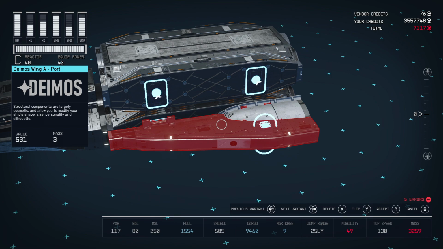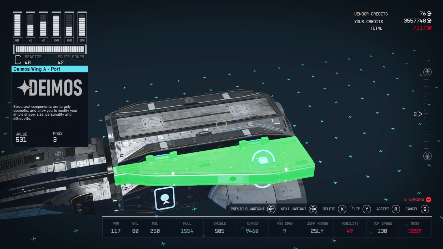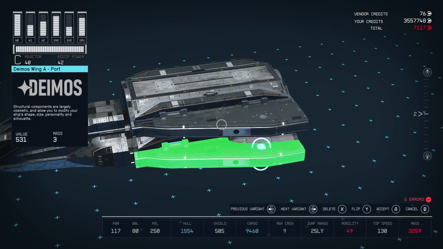Now obviously we can't ordinarily do it, but in order to get around this, what we're going to do is place another hull that has two clipping points just above that same part. We're then going to take the wing, we're going to attach it to the hull that's just above it. We're going to highlight the wing, and you're going to tap Y or whatever button you use to duplicate. It's then going to duplicate that item and attach it to the nearest snapping points, which is right below it,